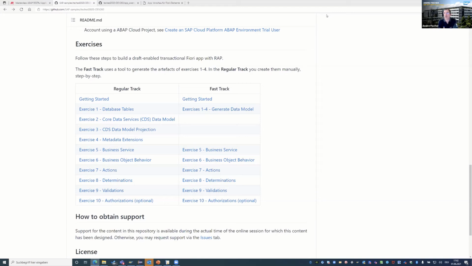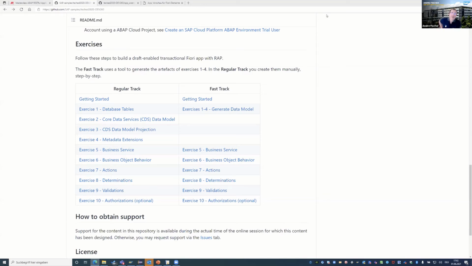But it depends on the release you're working on. If you want to develop OData version 4 services in older releases, everything older than 1909, then you would have to go for a gateway implementation of an OData service. But I would recommend, if possible, to do it via the ABAP RESTful programming model. However, this requires 2020 feature pack 1.